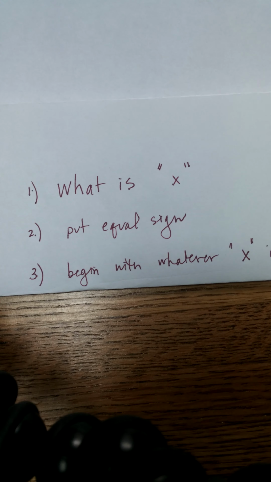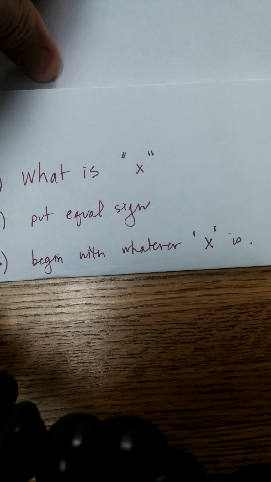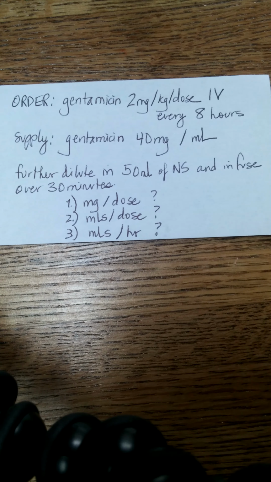Next problem. Same deal. What is our x? Put in that equal sign and begin with whatever x is. Here's the problem. We have gentamicin, 2 milligrams per kilogram per dose IV every 8 hours. We were told that we have gentamicin 40 mg in a 1 ml vial. This will be interesting. Then it tells you to dilute the med into 50 mLs of normal saline and infuse